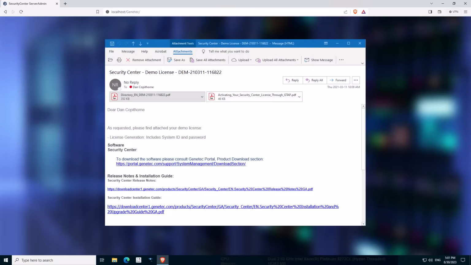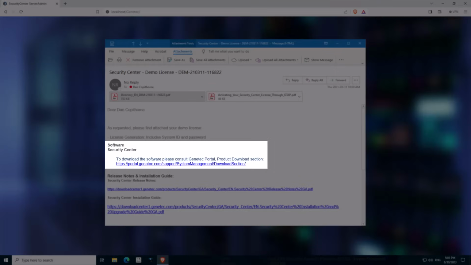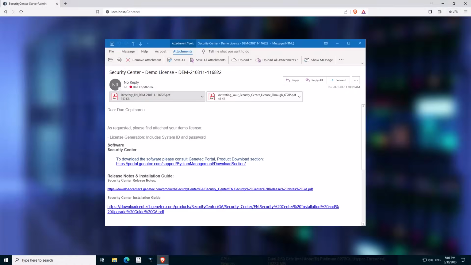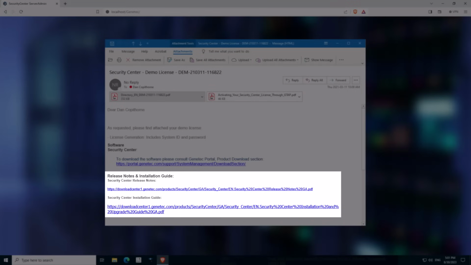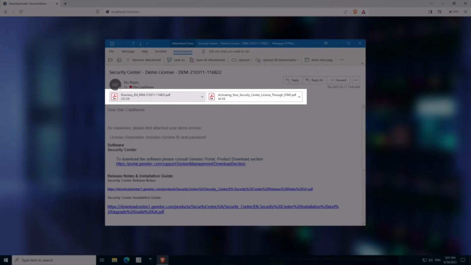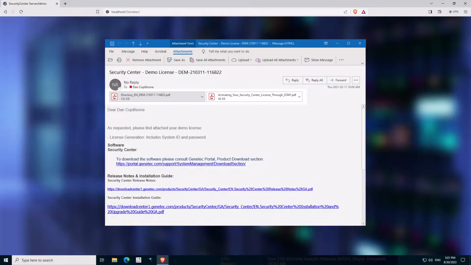And this is what that email looks like. It contains links to download the software itself, download the installation guide, release notes. But look at this, there's 2 file attachments. One of them contains my system's system ID and password, and the other attachment contains instructions on how to apply and activate the license. So let's open this one